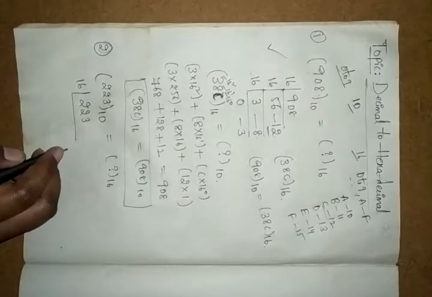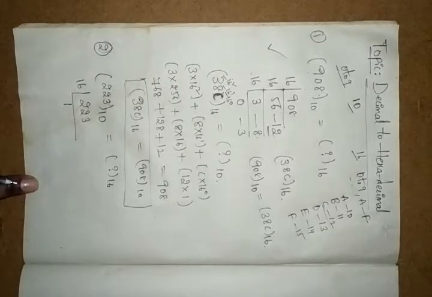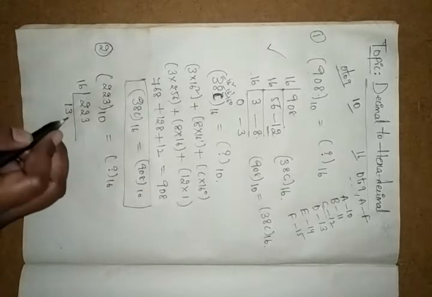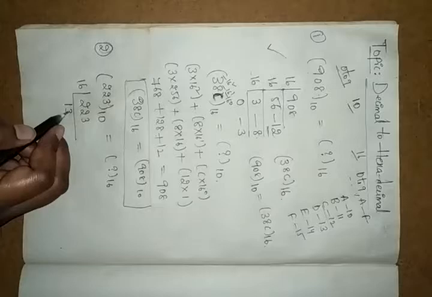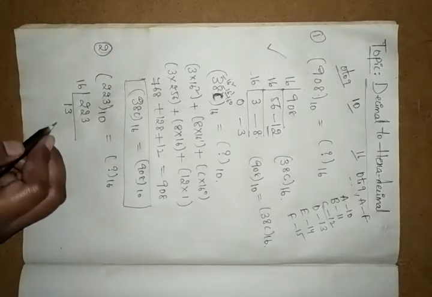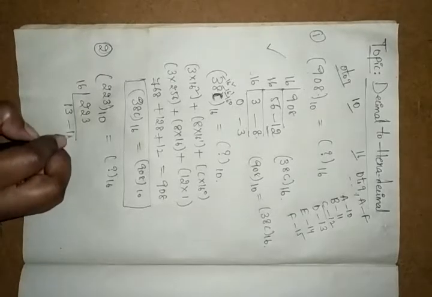16 ones are 16, right? So we are left with 6. 16 ones are 16 and we are left with the 6. 63, we had the 63 and go with the 3. We are going to the 3, which means we will get 48. Means you are left with the 15.